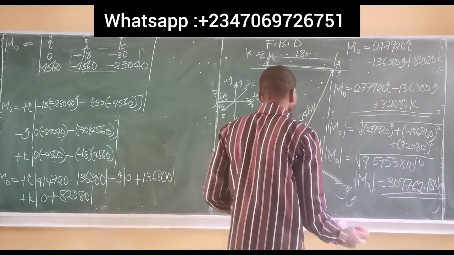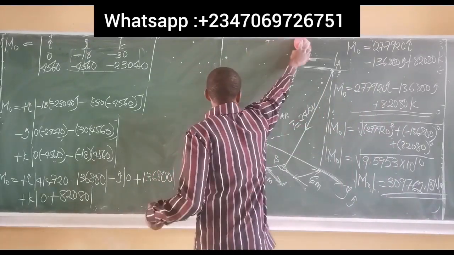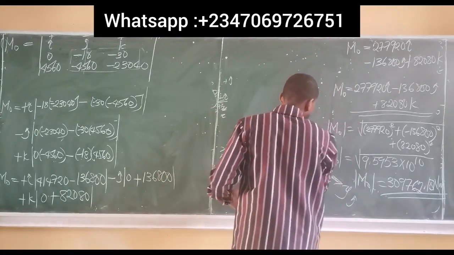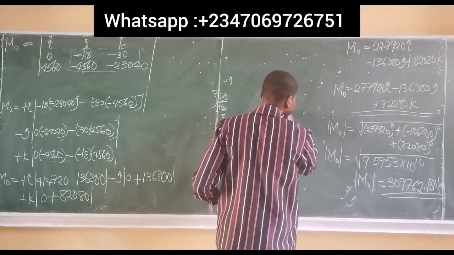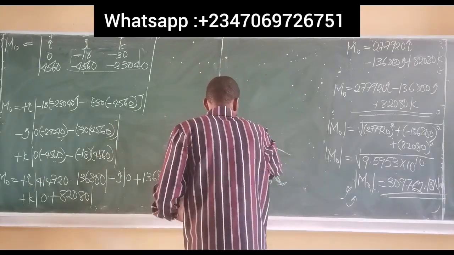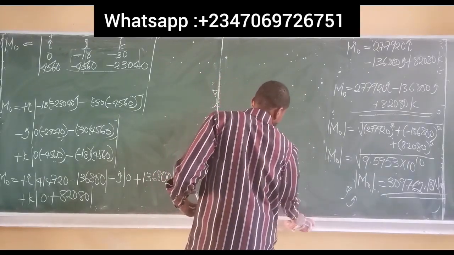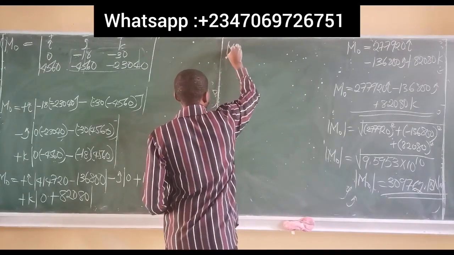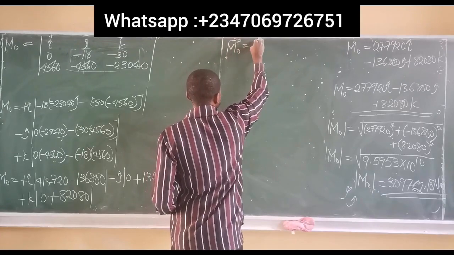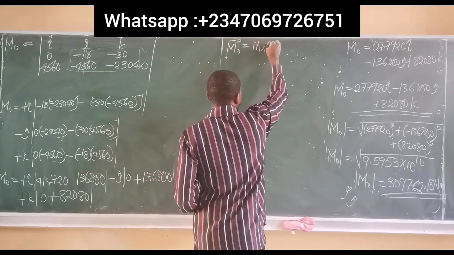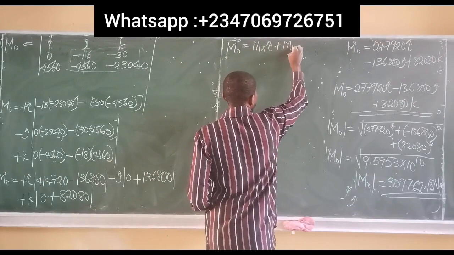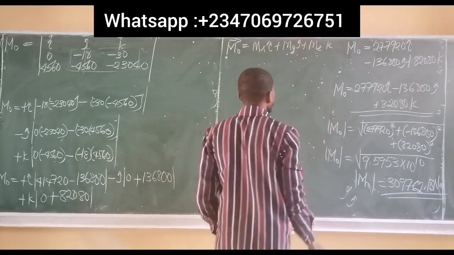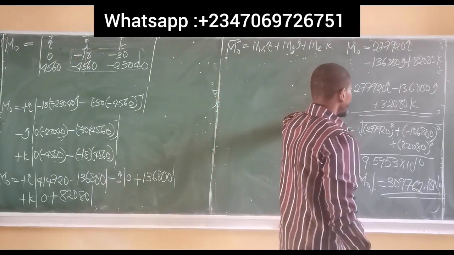Now we have to find the directions. So we'll simply use the same idea of directional cosines, which I did in question 2 for forces. We are still going to employ the same idea of directional cosines in this case. Now to find the directions, all you need to do is compare: moment of force in three dimensions is always moment in the x i plus moment in the y j plus moment in the z k. So if you compare this with this result,